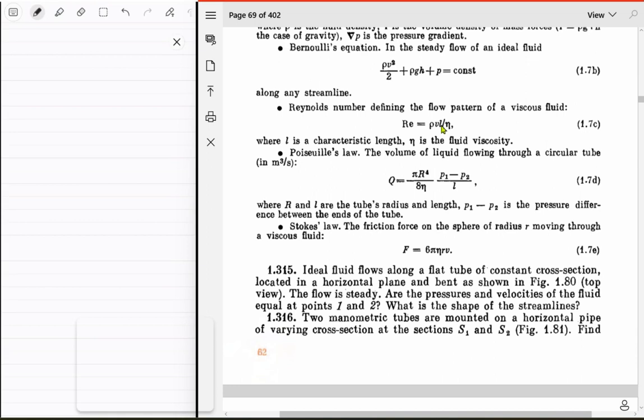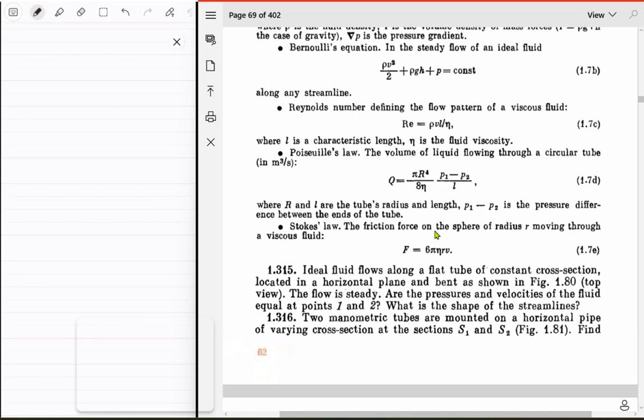And L is just a characteristic length for a tube. This length is just a diameter, and eta is the fluid viscosity. So when the Reynolds number exceeds a critical value, your flow starts to become turbulent, right? That's what this is used for. And when that happens, of course, your speed just becomes a critical value as well. So at V_C, you just have Re_C, which is the critical value at which you will have turbulent flow starting,